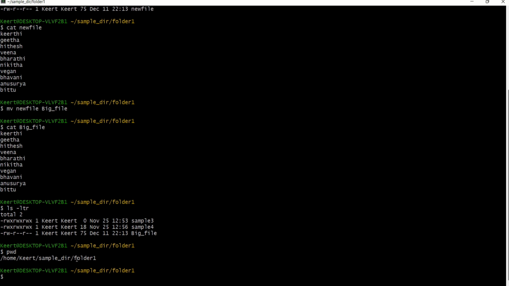This is the directory. Now I want to copy this big file from here to this sample directory folder. So currently I am in folder 1, and I am going to keep this file in the sample directory. So cp is the command for copy. So big file,